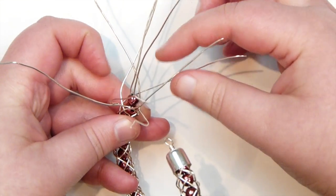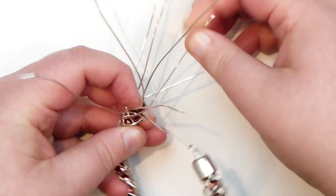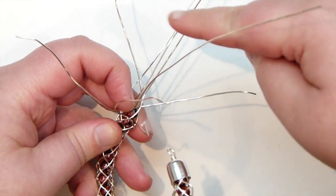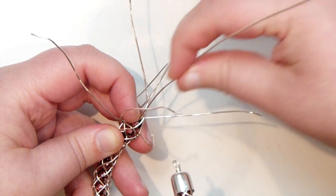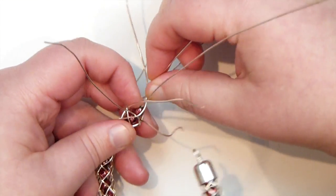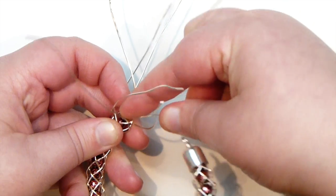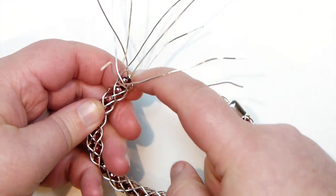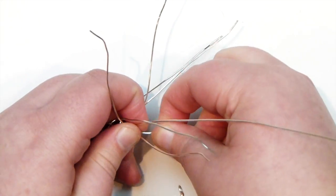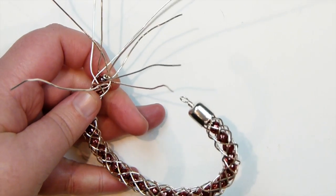Now I start with the ones that are coming towards the middle of the braid here first, and then I'm just going to start with one of them, bring it towards the middle, so continue the go around, but just bring it into the middle. So we're going to use this center wire that's running through the whole bracelet carrying the beads to wrap all these around. And we just want to gently get it going here with the first one. Just wrap it around that center one, pushing it tight down to the beads, so you make sure there is no gap there in the beads, and so it sits nice and securely there. So just like this, and then we can just go in and cut it off,